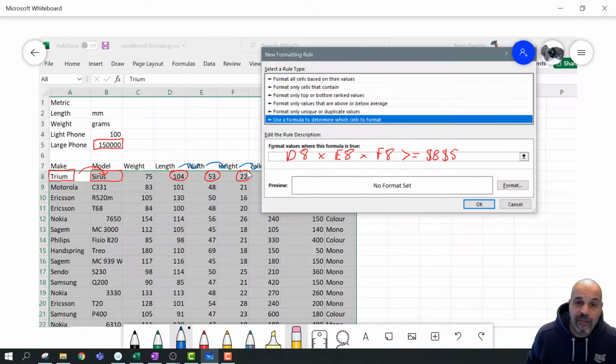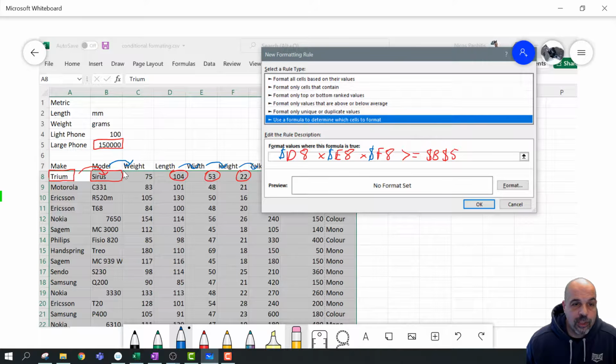And we don't want that. We want that to be fixed. So essentially, as it's moving across, I want the letters to be fixed. So I need to put these as dollar signs. I need to put a dollar sign there, and a dollar sign there, and a dollar sign there. And it's going to do the same one for here. So when this one moves over